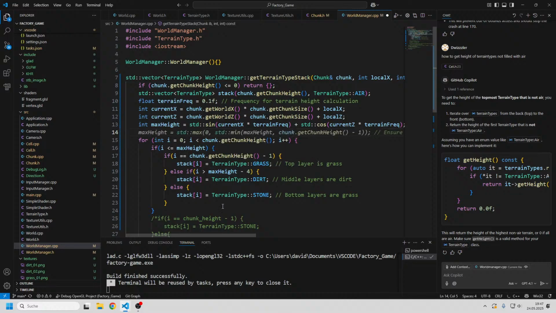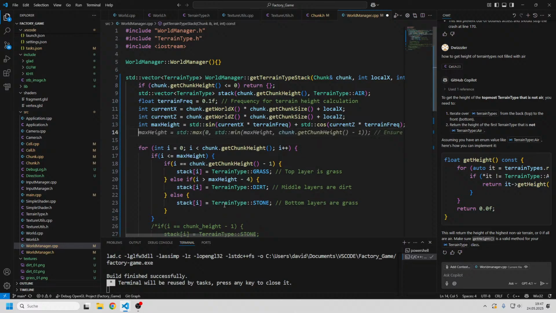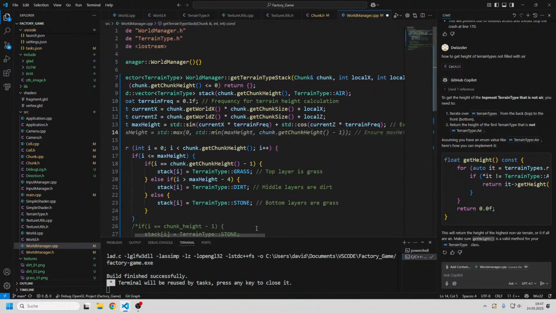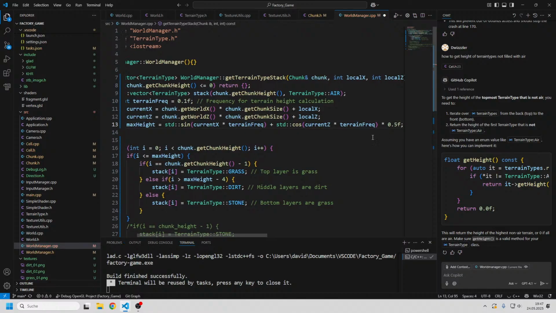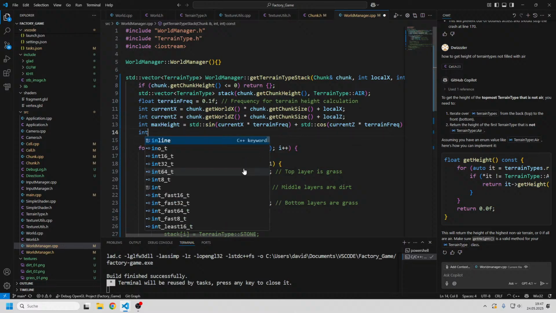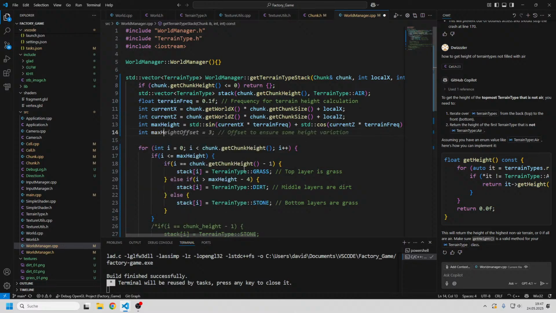I think that's a good idea, because then it's a little normalized and all of that kind of good stuff. So let's think about this once again. We want to basically add them together, but I think we want the x to be a little less influential on this. So let's just do times 0.5, and then let's say int max height